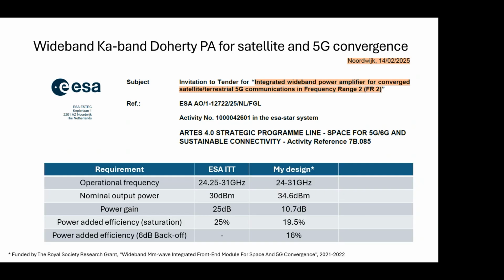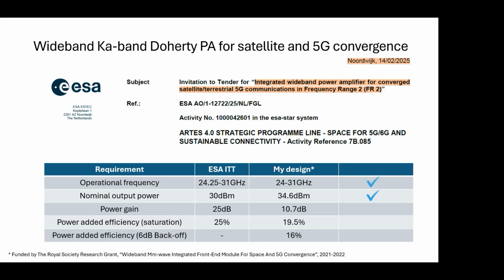And I compare the requirement from my design with the ESA ITT, and we can see that the operating frequency, actually, because we have the same application, we targeted the same scenario. That's quite aligned quite well, right? It starts from 24 GHz to 31 GHz, and for the output power, ESA requires 30 dBm. We achieved 34 dBm. It's good. And the power gain, it requires 25 dB, but we have